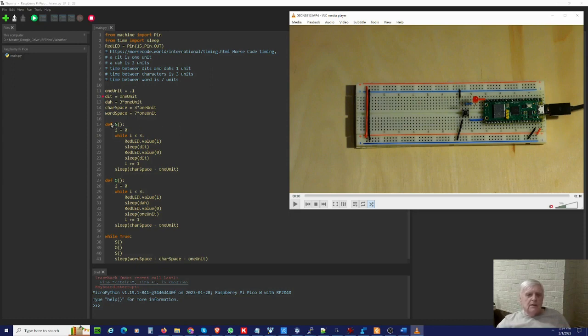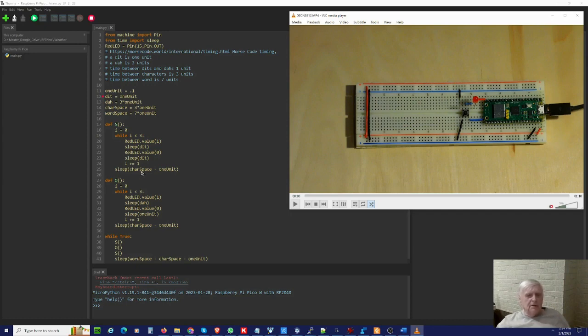Now, both the S and the O's are 3 DITs or DAWs. The S is 3 DITs, and so I have a while loop here that I run through 3 times. I set up a counter of 0. I then turn on the LED, pause for 1/10 of a second, turn it off, pause for another 1/10 of a second, increment a counter, and if it's still less than 3, I do it again. So I'll go through this 3 times. When I'm all done,